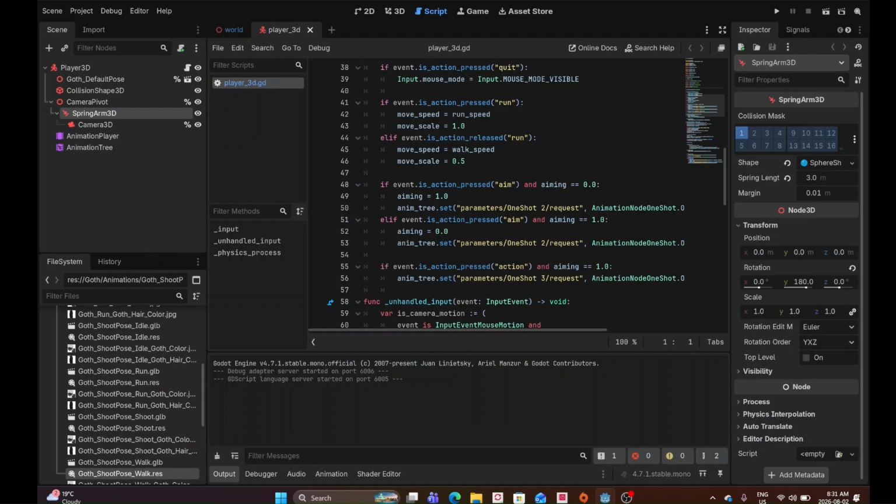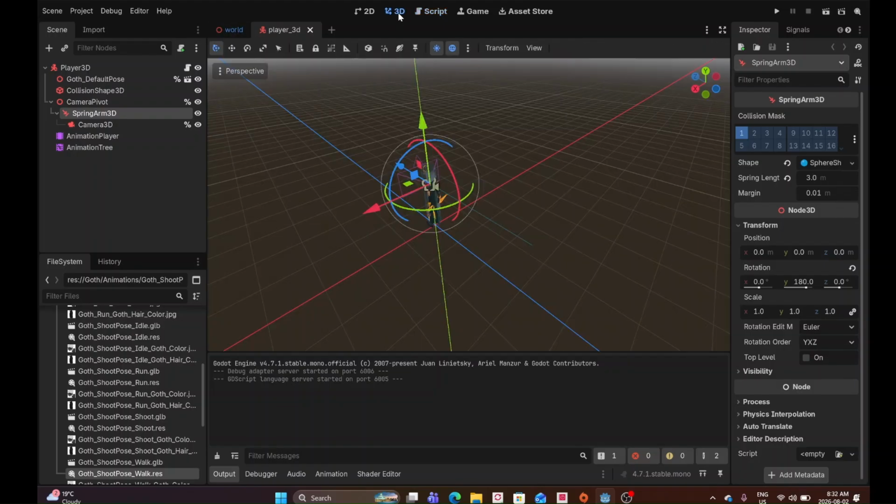Okay, so in the last video, I had a problem with the shooting. After I pressed the shoot button, the character would go into non-aiming mode for some reason. So I found a fix for it. So the first thing is I need to go to the animation player,